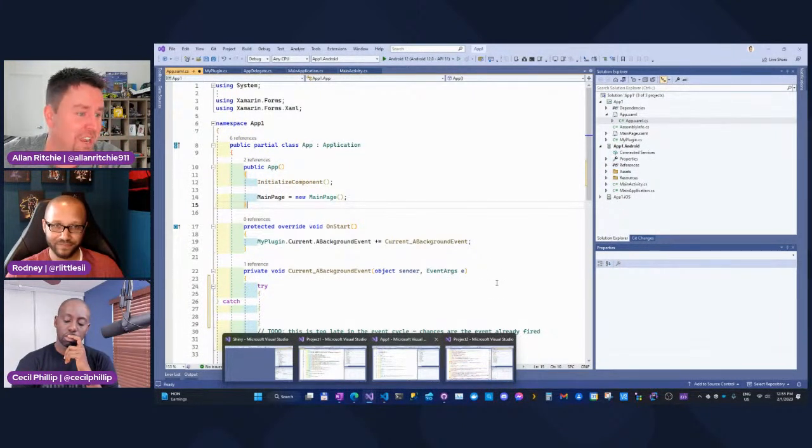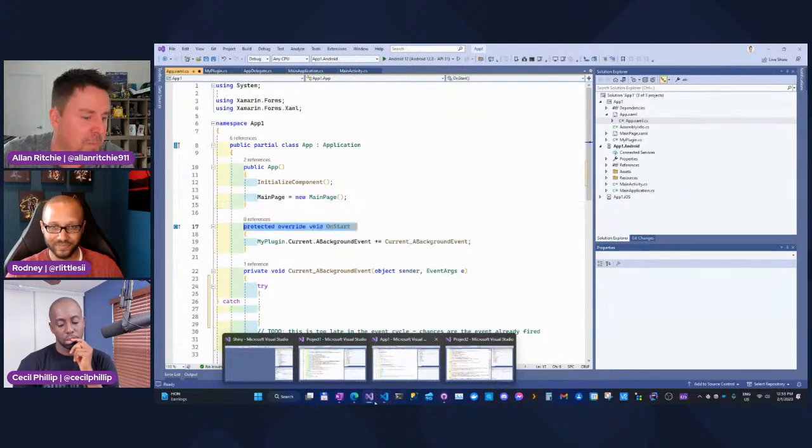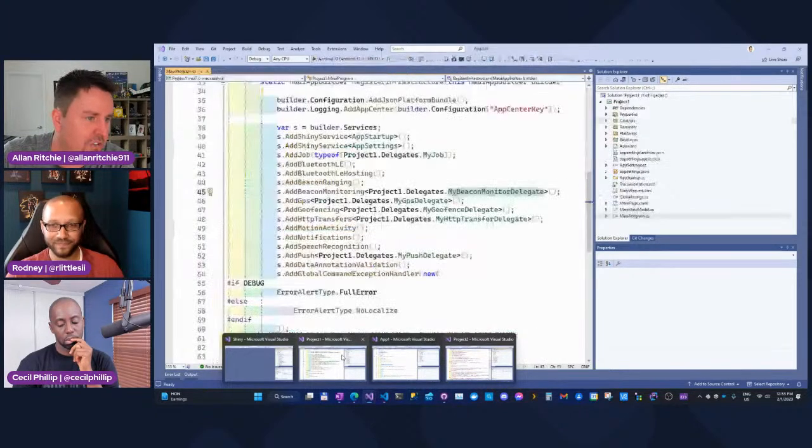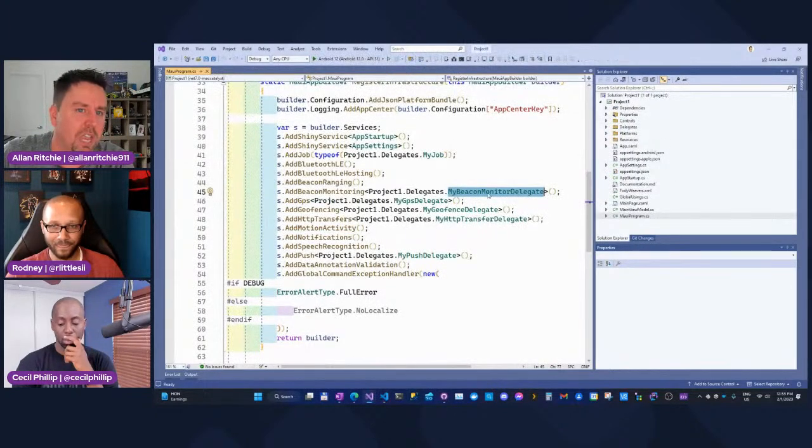You don't even get a say in the matter. Logging goes into Shiny, so it'll put all this stuff out. The users don't have any way to hide it anymore. Give me a reproducible sample. I can see what's moving. I can see what's missing, and I don't have to worry about, did you register it on start? It doesn't matter anymore.